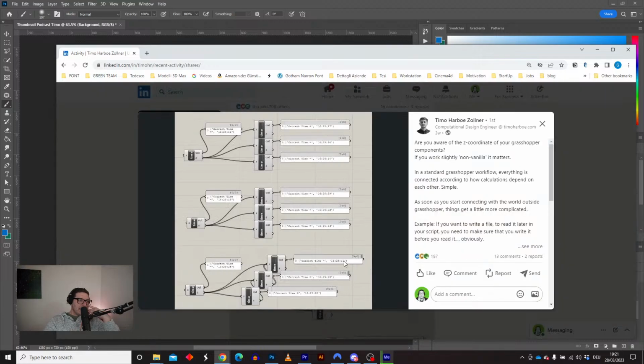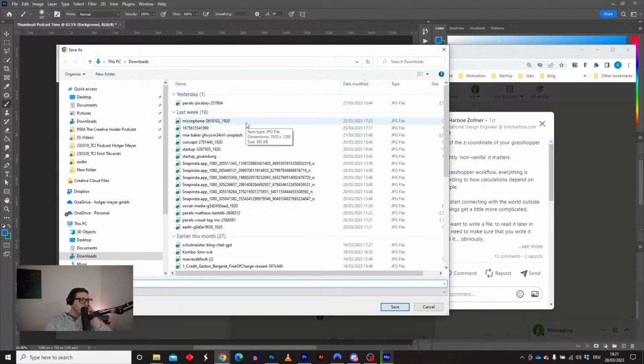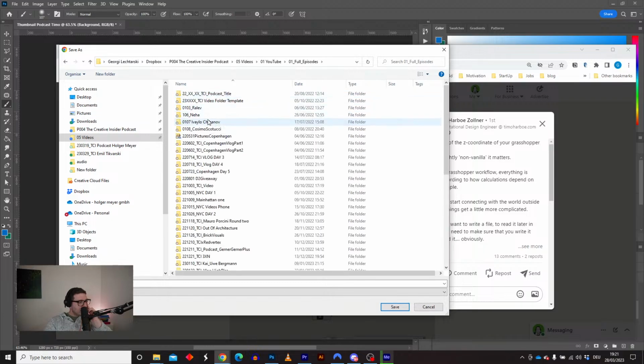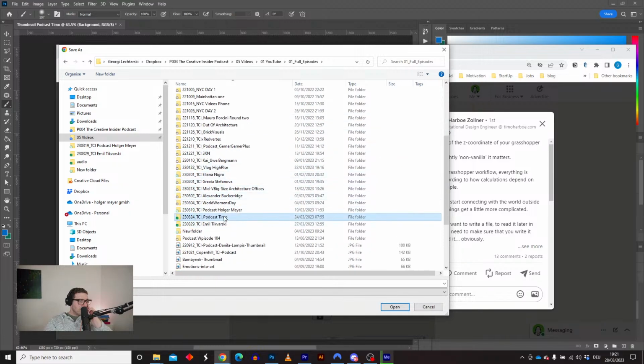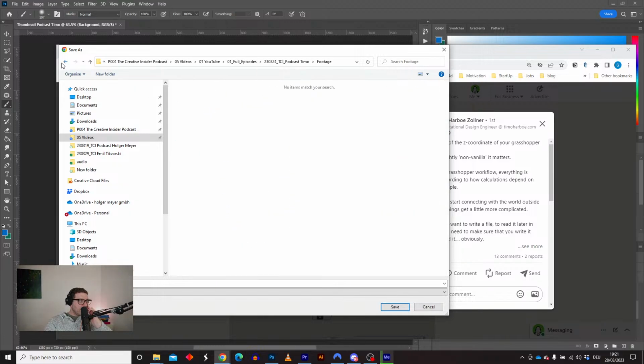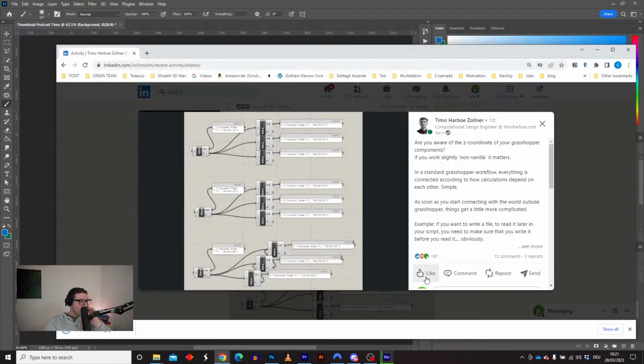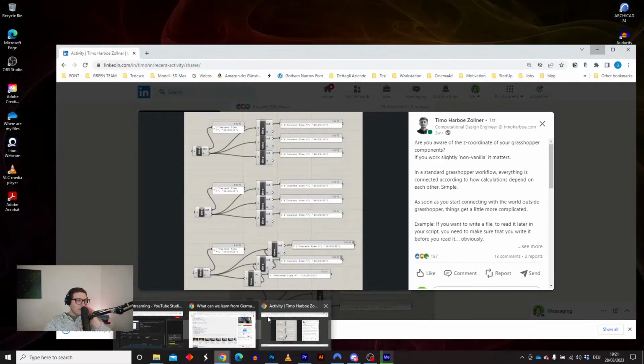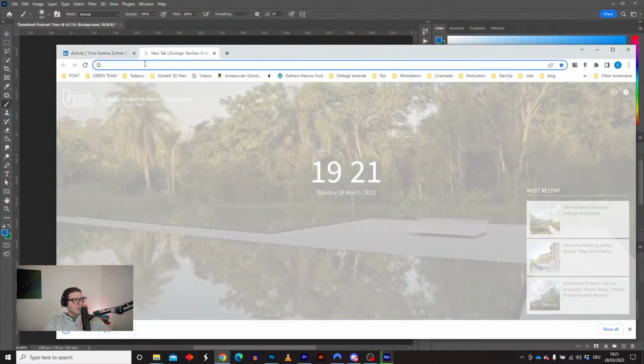So for example, we can take this grasshopper thing. I can save the image and go to videos, YouTube, full episodes, podcast with Timo. Nope, not footage, images, pictures. I use this folder for saving one of the newsletter pictures. Anyways, we can save this image, or we can go on the internet and look for